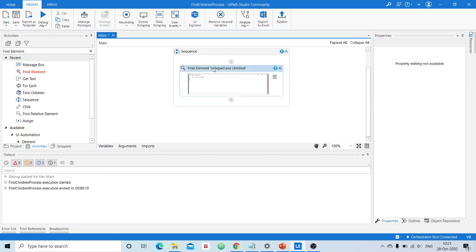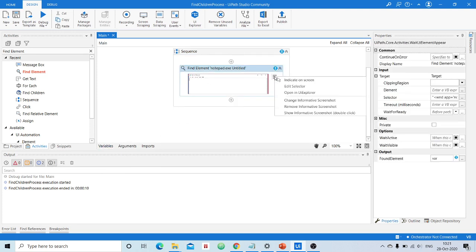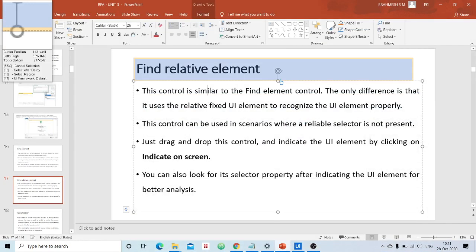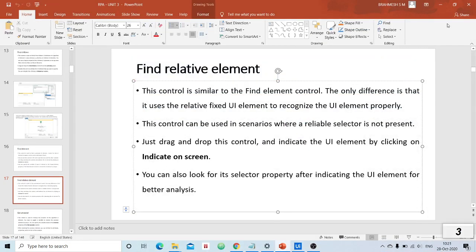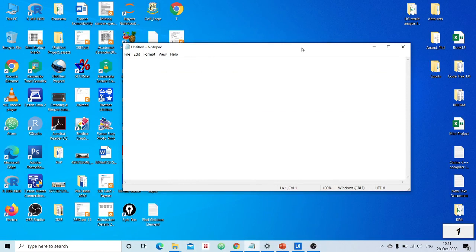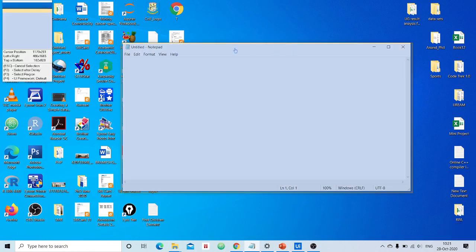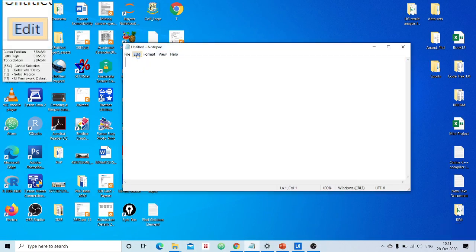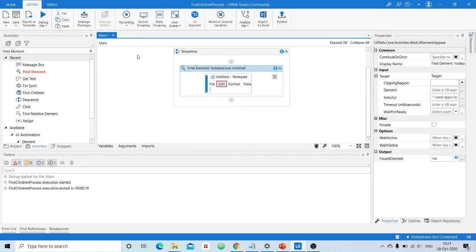Now I have to modify this. Indicate on screen. So if I resume, this is why I resume, because I am focusing on the edit option present in this notepad. Edit. Which element am I looking for? I am trying to look for a UI element called edit element present in this notepad.